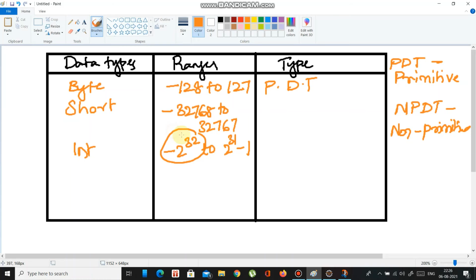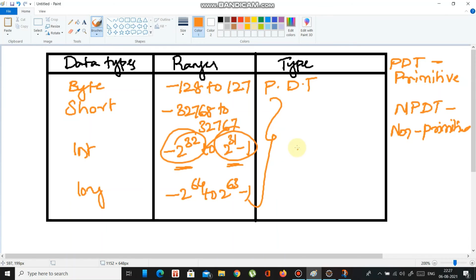So it's a long number, that's why it has been written as a power, so you guys can remember it easily. And for long it is -2 power 64 to 2 power 63 minus 1. Okay, so this all comes under primitive data types, non-decimal.